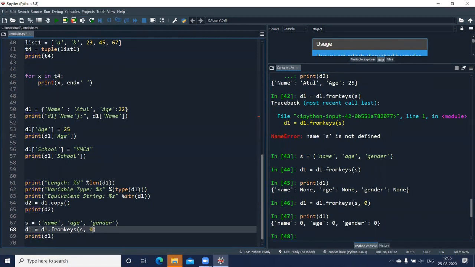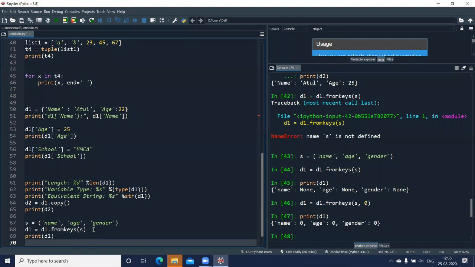Basically, because we have different data types available in a key, do not initialize it to one value, because once you do that, you need to go and change it individually. So None, without the default value, is fine. Just use the function called fromkeys and pass the parameter. It can be a string or a tuple. It cannot be a list. Do not use a list in this case.